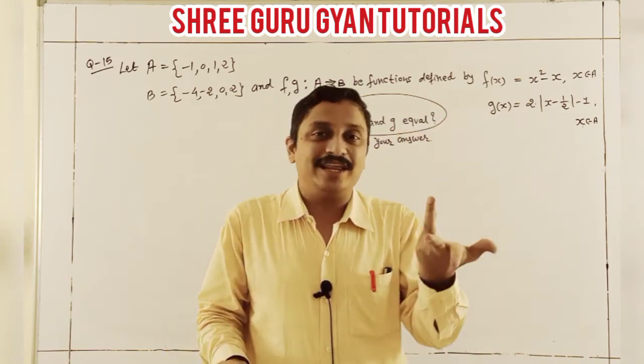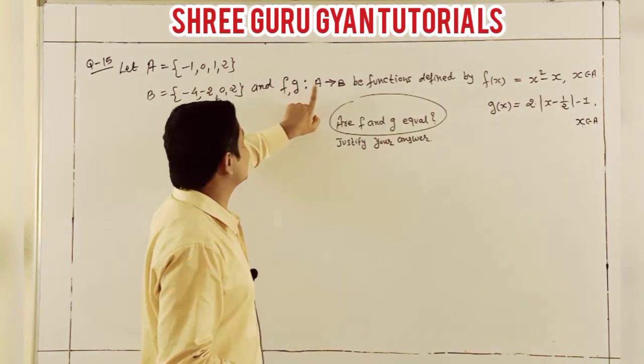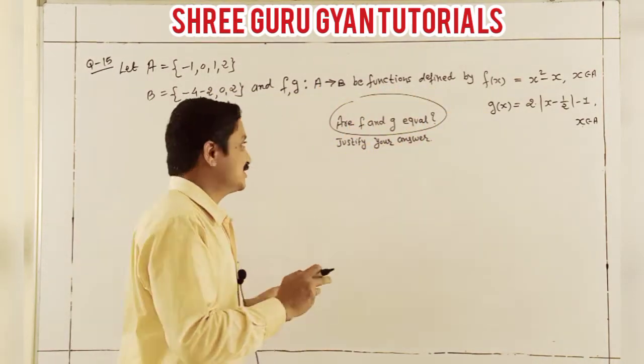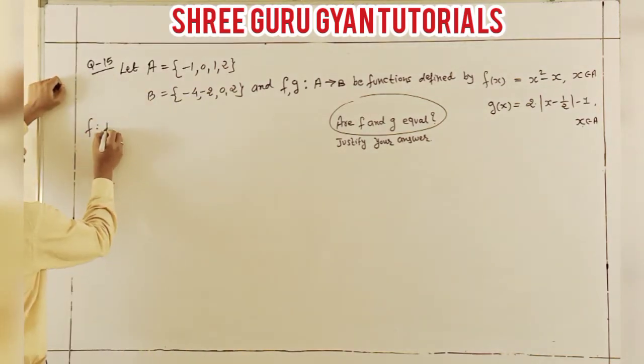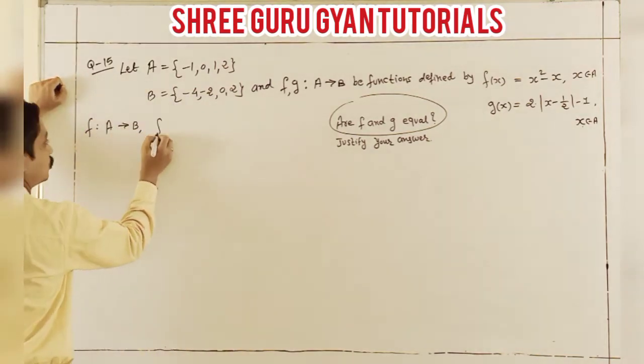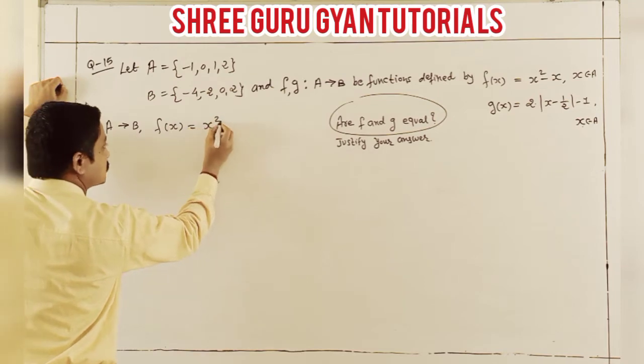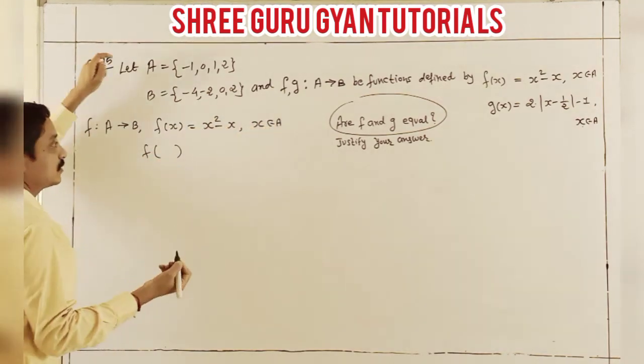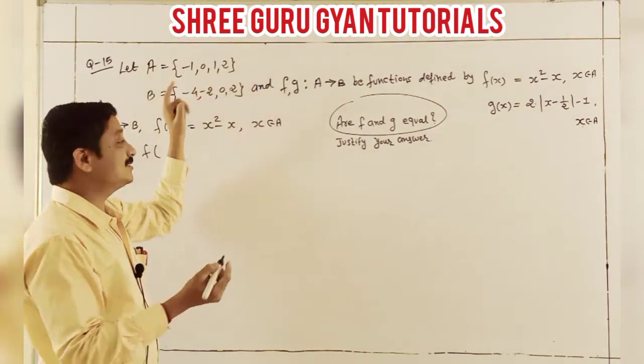So very easy, the domain is already given here as the same A, I am checking the range. Yes students, so for the f function from A to B, what is f(x)? x square minus x belongs to A, and my domain A is given as minus 1,